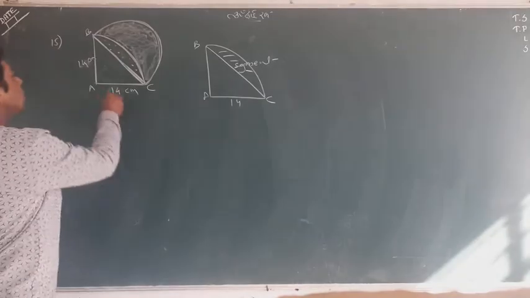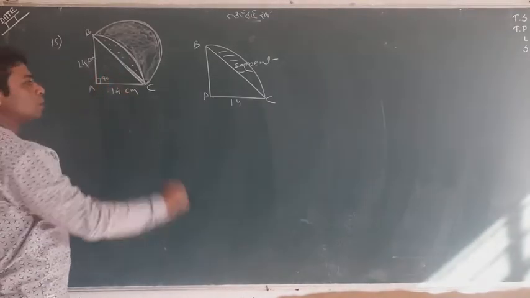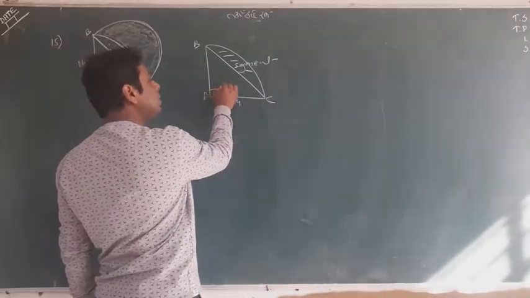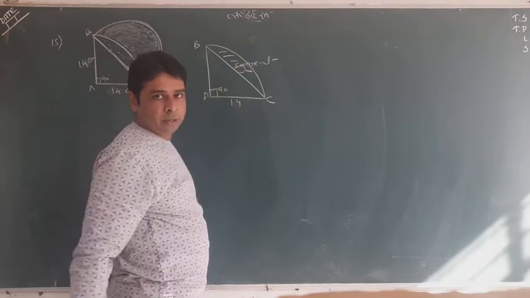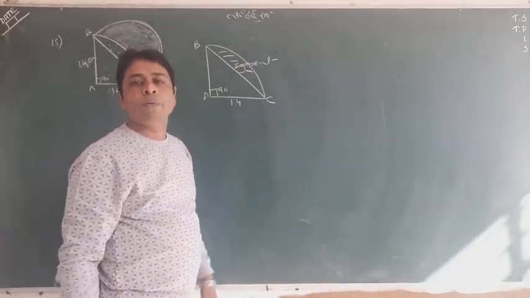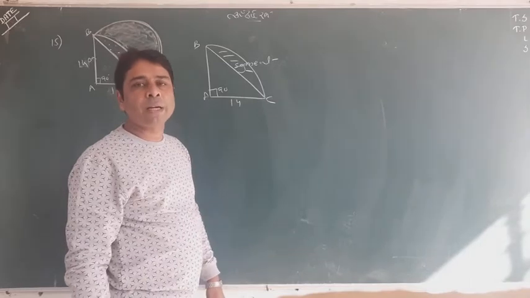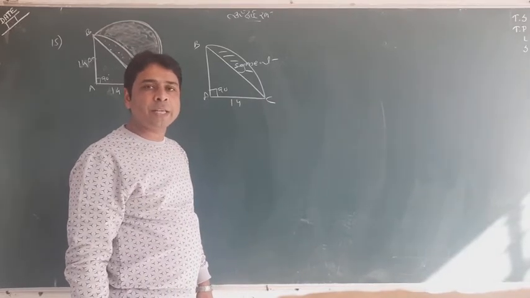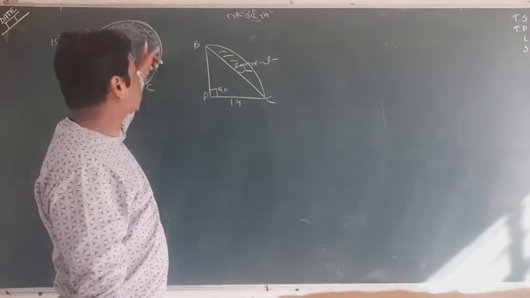I tell you one thing, this is another result. It is 90 degrees, which helps us find theta actually. This is 90 degrees, which is theta for this segment. So we will find the area of the segment. We will find the area of a semicircle and we will subtract this segment area from the semicircle. We can get the shaded region.